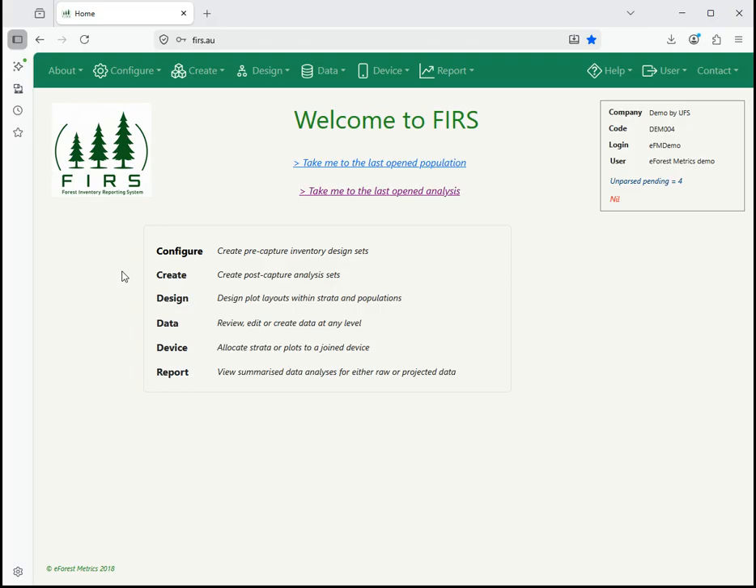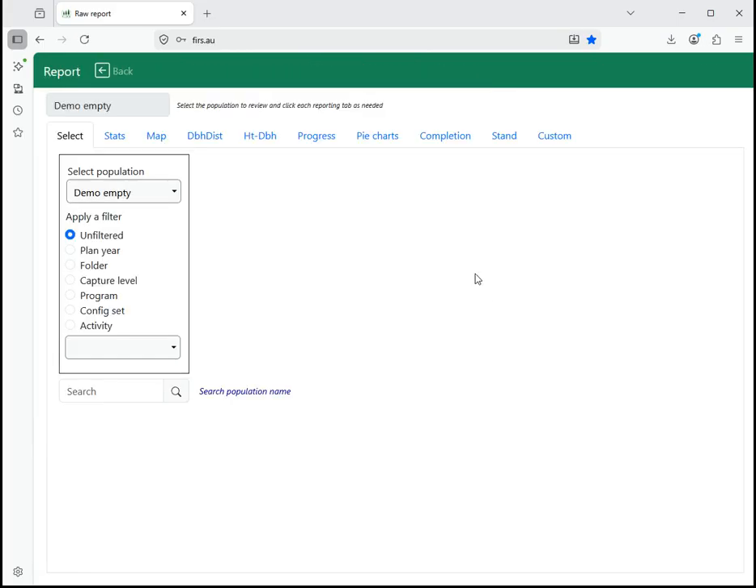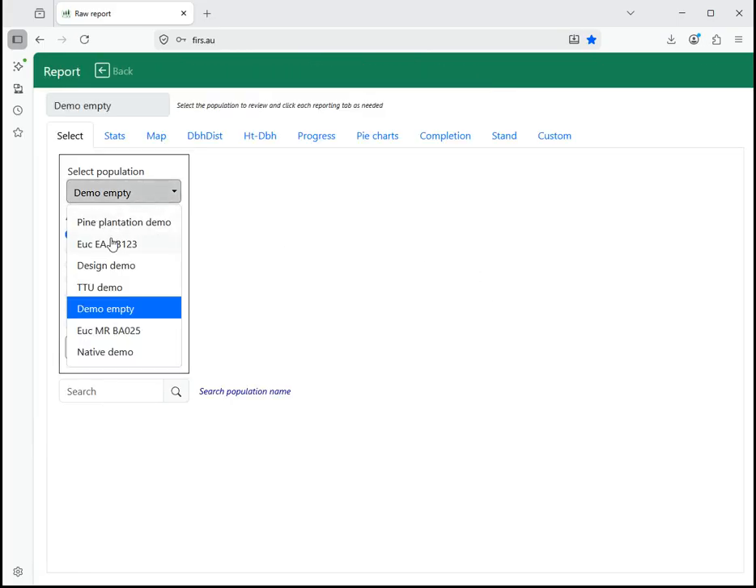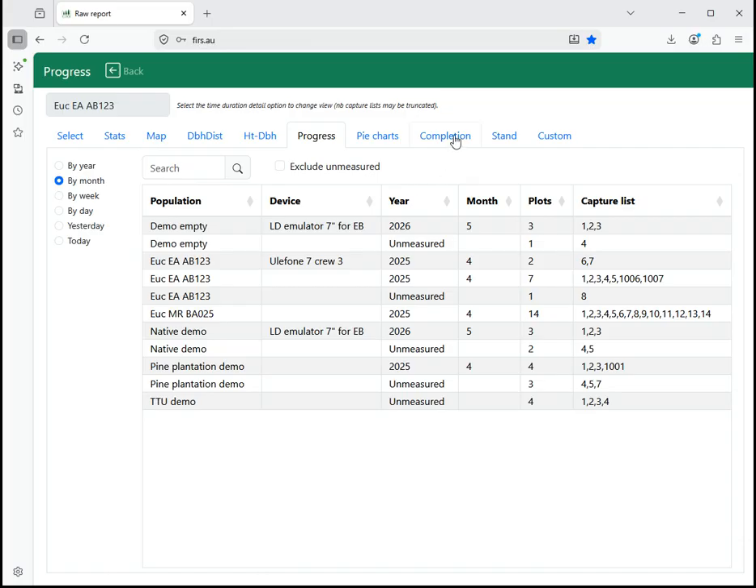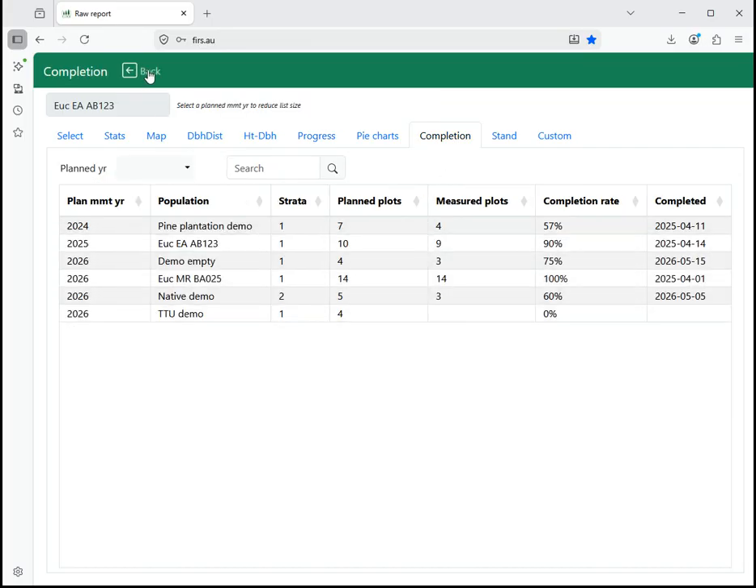If the user chooses to continue with the FIRS workflow, the reporting menu comes into play, either with a simpler raw reporting level, where we can see basic statistics, we can track progress, we can look at completion rates,